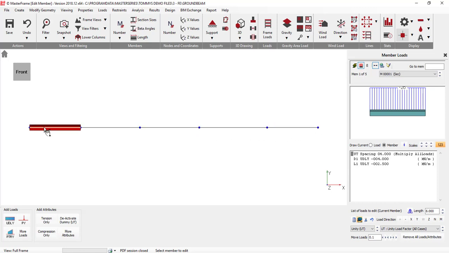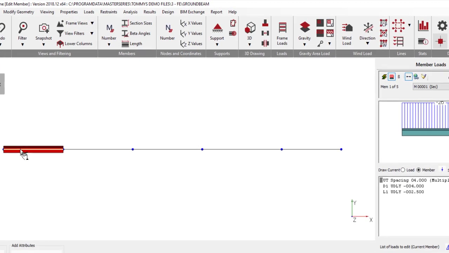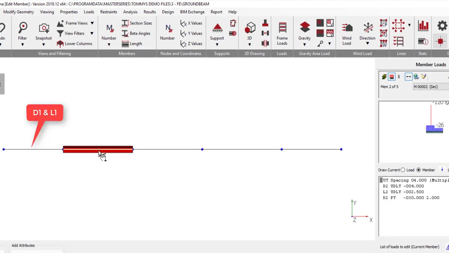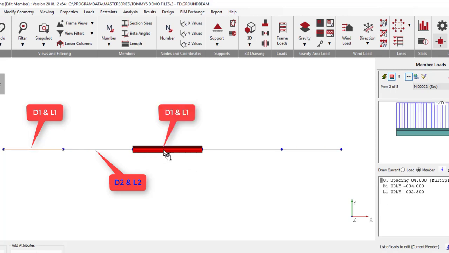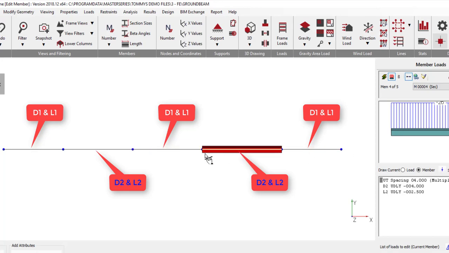But what you need to notice is that on span 1 we have D1 L1, and on span 2 we have D2 L2 and another D2, because we have this point load on here as well. And then we move to span 3 and it's back to D1 L1. What this allows us to do by alternating these loads